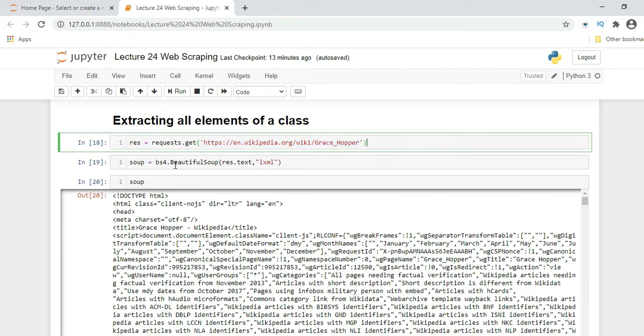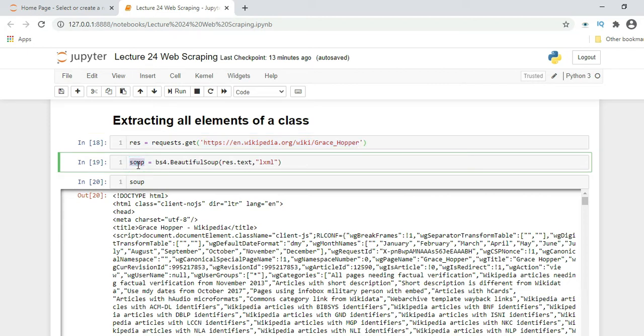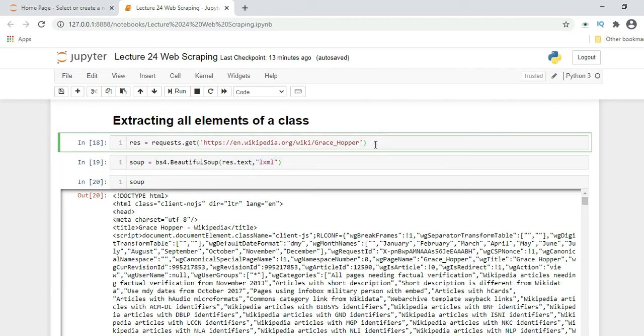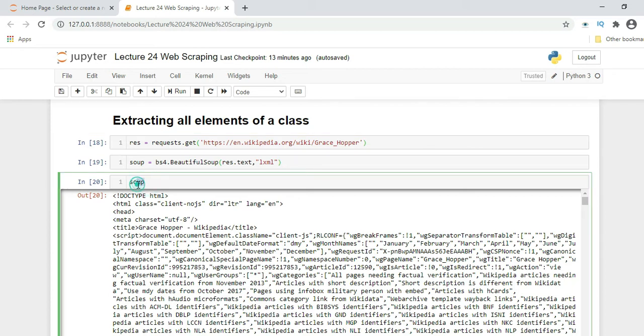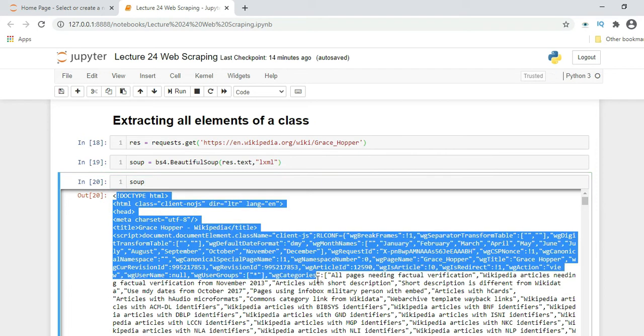Then another variable name is soup equal to bs4 dot BeautifulSoup function, then res dot text, again lxml. This is the same step which we repeated earlier, only the URL is different. Again when we run this soup variable, we will get output in this format.